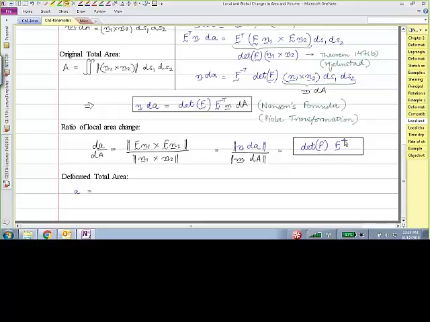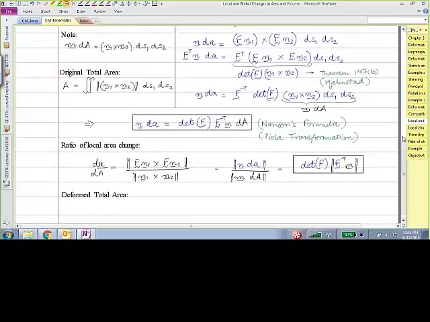F inverse is a tensor, transpose again is a tensor. So that acting on this undeformed normal, and then you take the norm of that. That factor